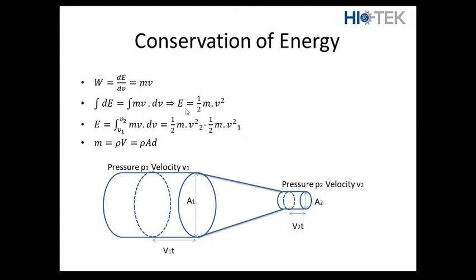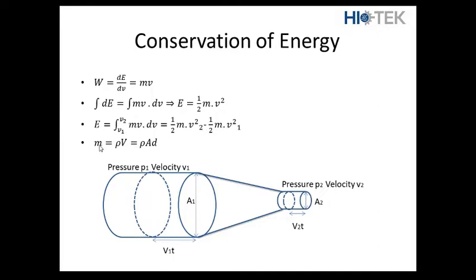Now, when we're integrating, we want to know limits, and we're integrating with respect to v, so we put our limits as velocity 2 and velocity 1. And going through this equation again, inserting the v2, v1 limits, we get that energy is half mv2 squared minus half mv1 squared. Now, we have to look at mass here for a second,